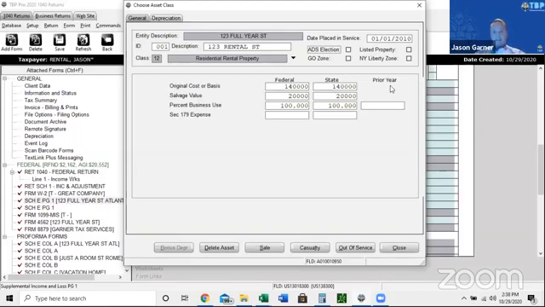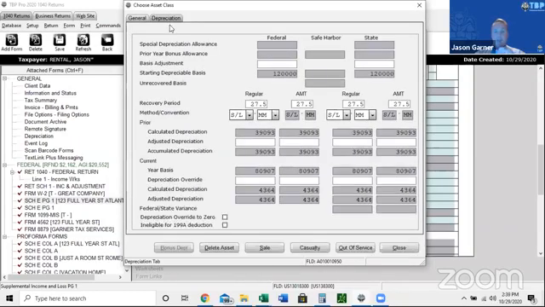Software is automatically going to make these calculations for me. And if I click on the depreciation tab at the top, I'm going to be able to see these real-time calculations. Notice my starting depreciable basis is $140,000 value minus the land value, or $120,000. I'm dividing it over 27.5 years. But notice, because I've already rented it for 9 years, software is calculating, hey, you should have already deducted in